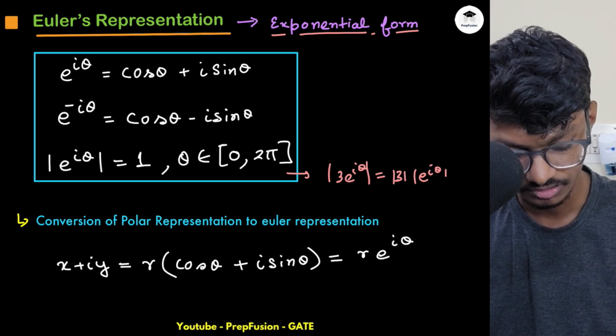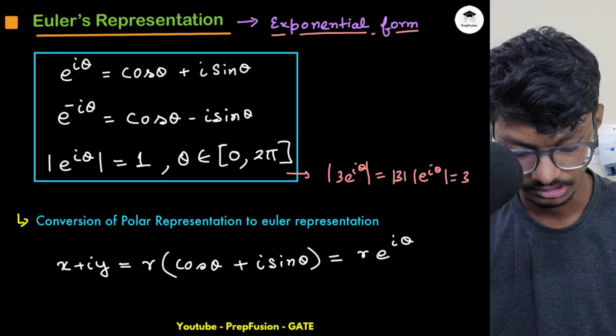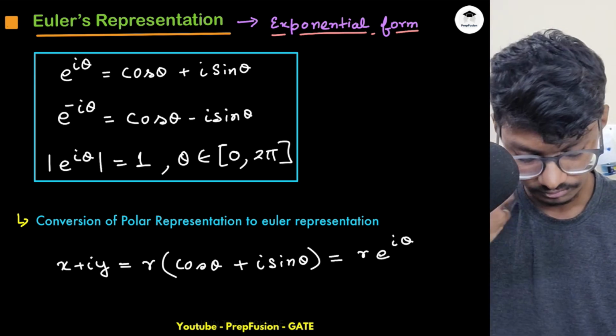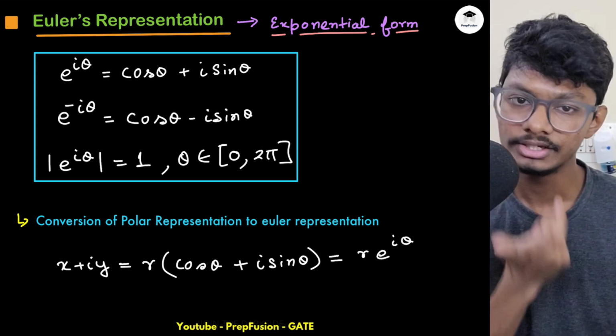Magnitude of e raised to power i theta is 1, so it will be 3 itself. Okay, so just delete this. I'm just showing you one example. Now, if my e raised to power i theta is